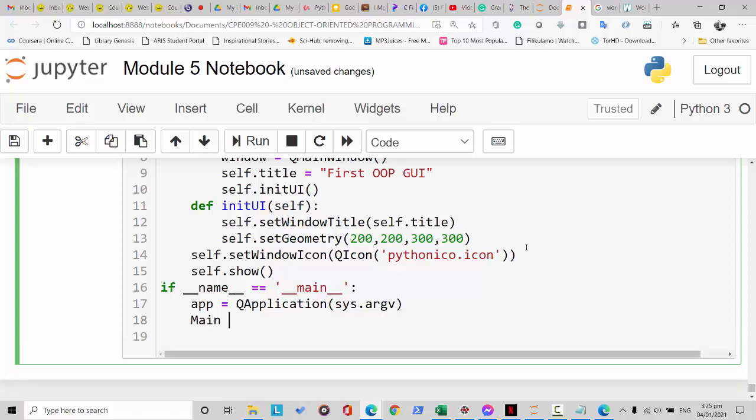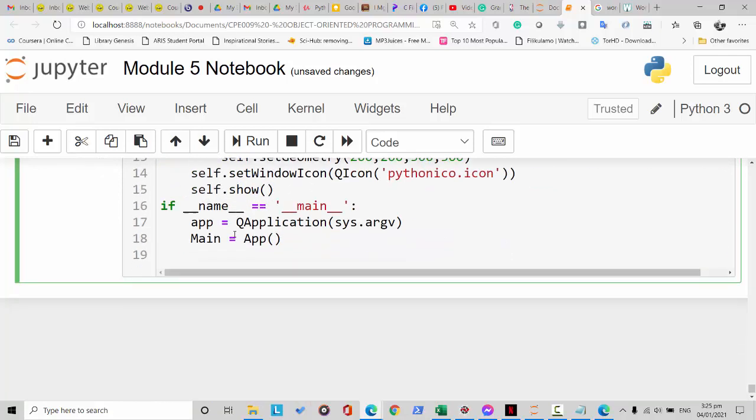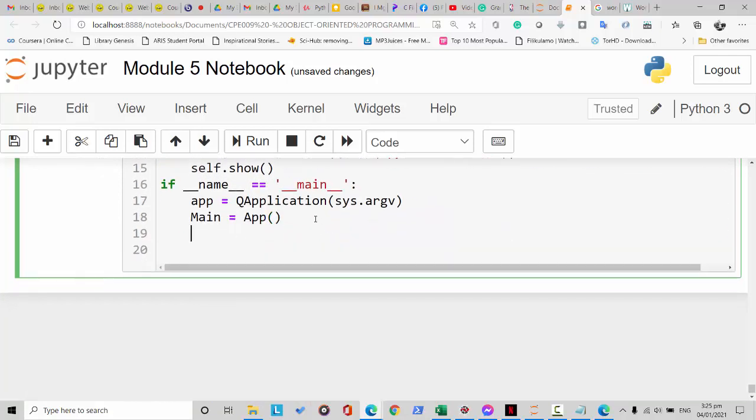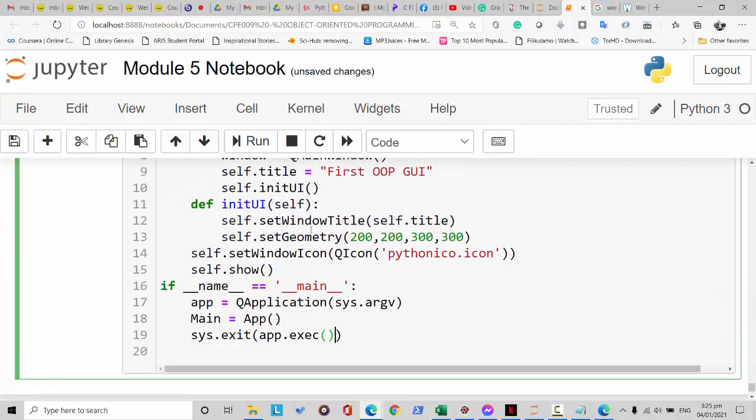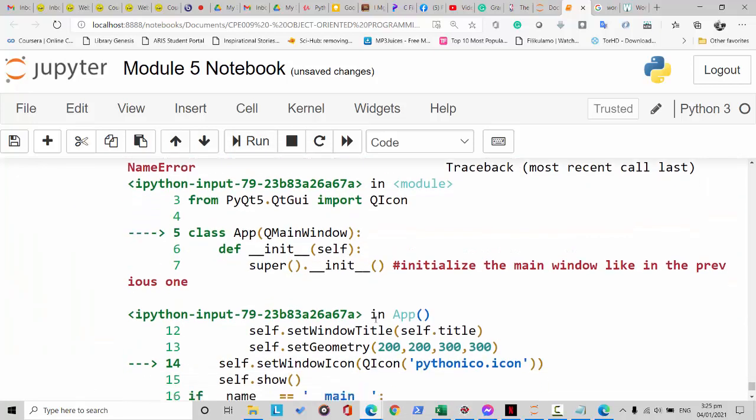Then we have the main program equal to our application, here in this app, and then sys.exit, and then app.exec. So when we try to execute this one,